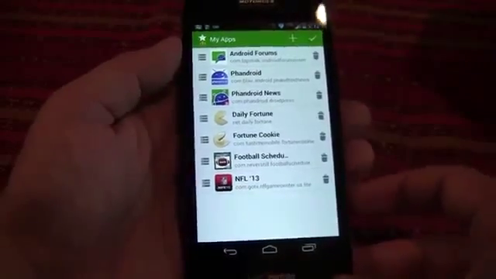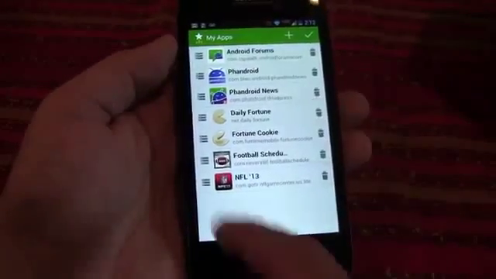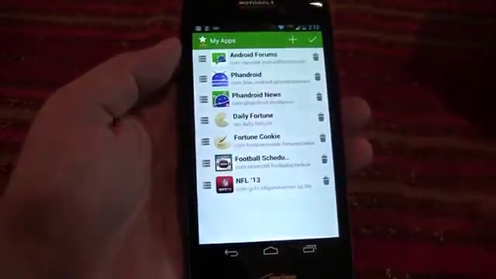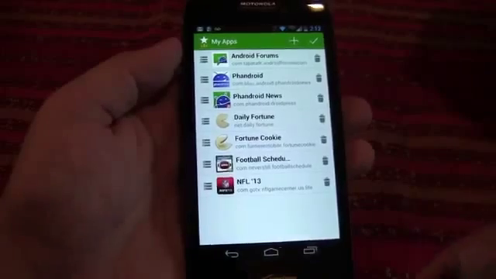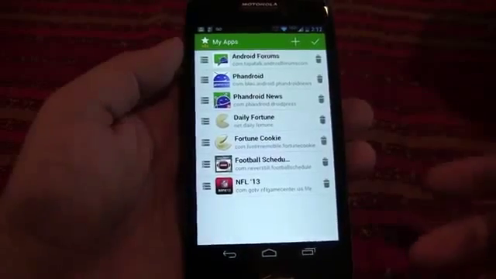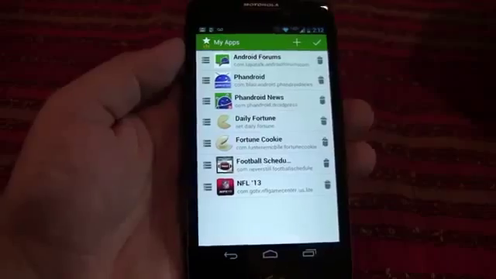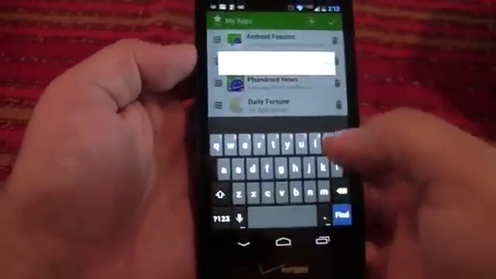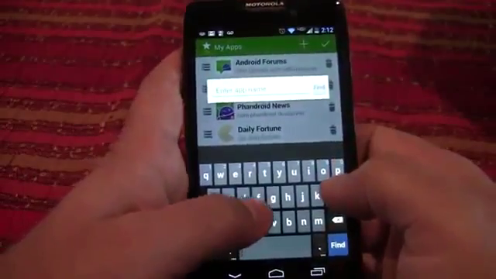This shows the apps we've currently added. You can see you can delete on the left, or if you hold down on the right, you can reorder them. And you can also put competing apps in there. So if you want to track your competitors and see how they're doing in various dimensions, you can do that as well. So let's click on plus, and let's add